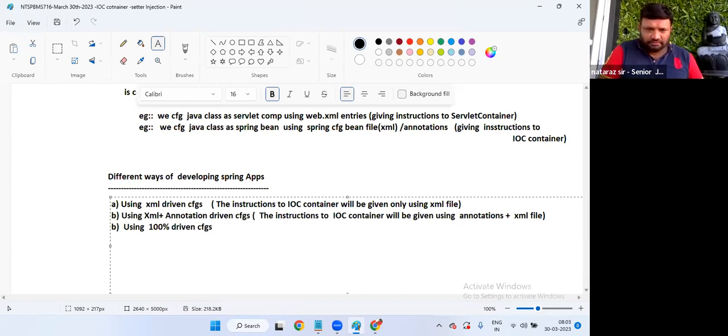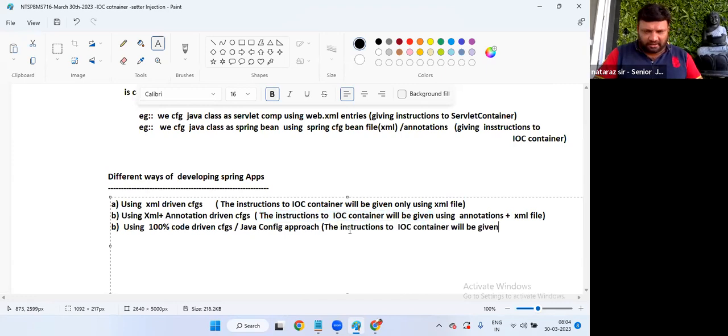Next, guys, using code-driven configuration. Okay, the Java config approach. Yeah, this is also called the Java config approach, 100% code-driven configurations. The instructions to the IOC container will be given